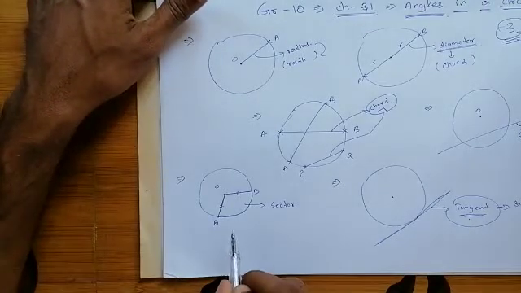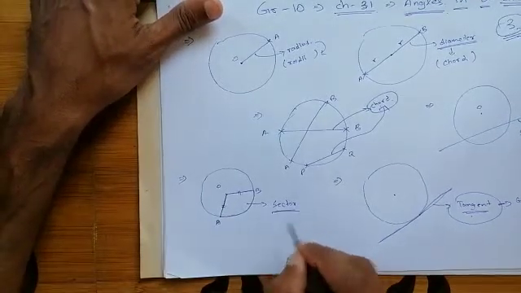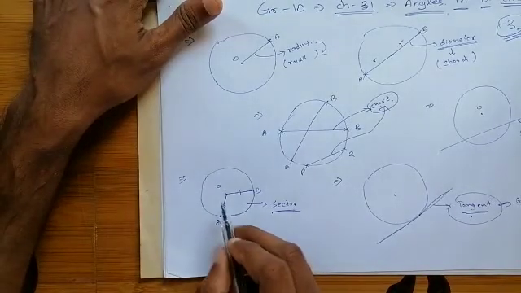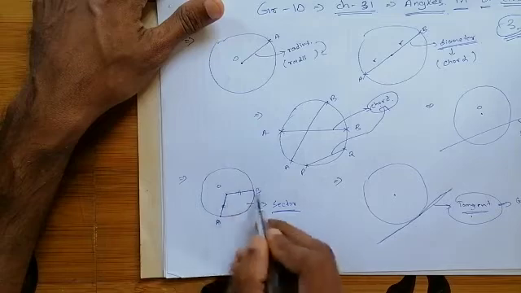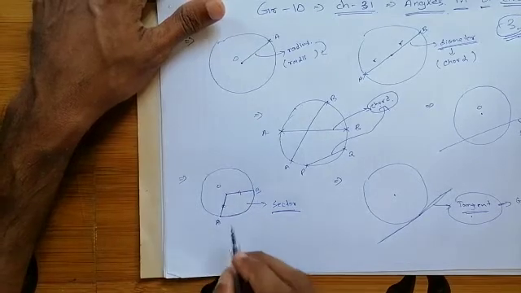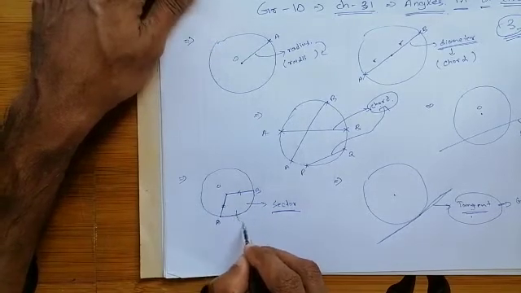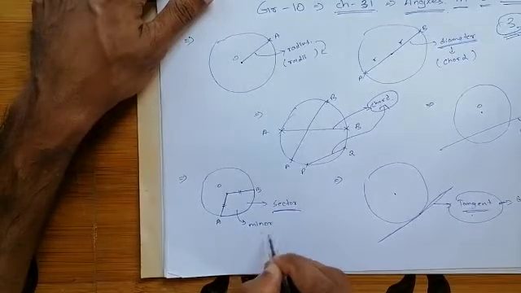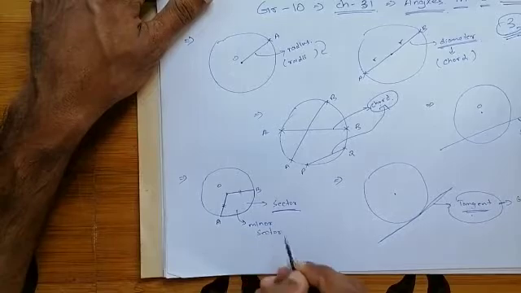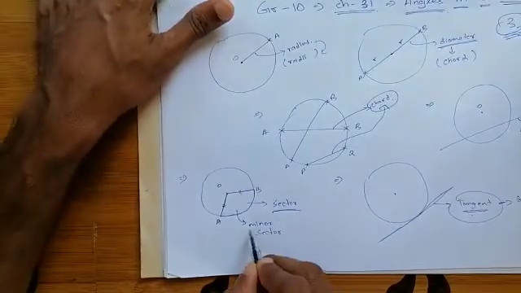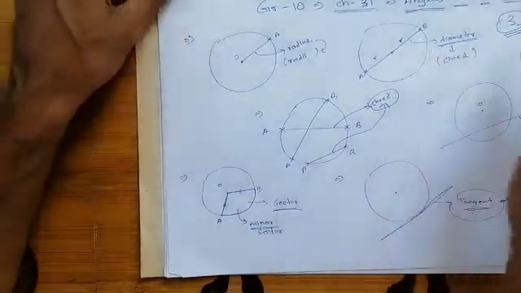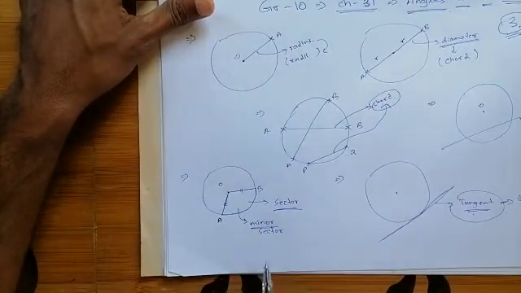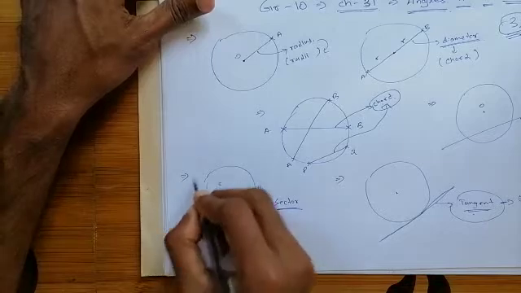So with the definition, what does sector mean? A sector is a portion of a circle which is covered with two radii. We can call this small sector a minor sector. Remember this word, minor sector, the most important word for angles related to circle. The small portion of the sector is called a minor sector, and the larger portion